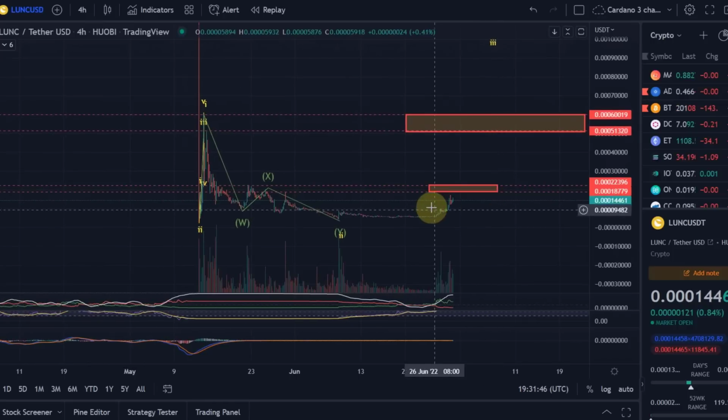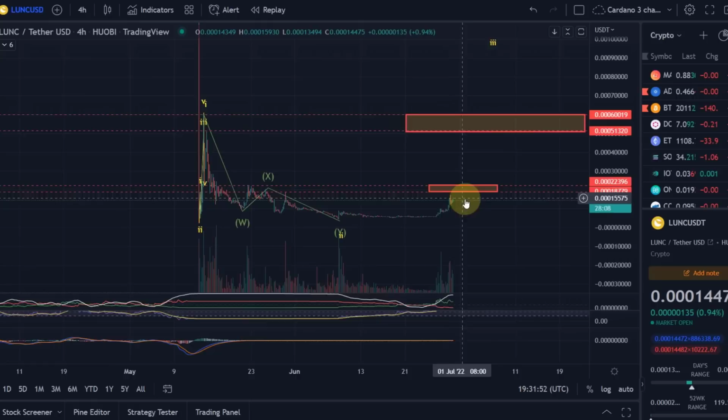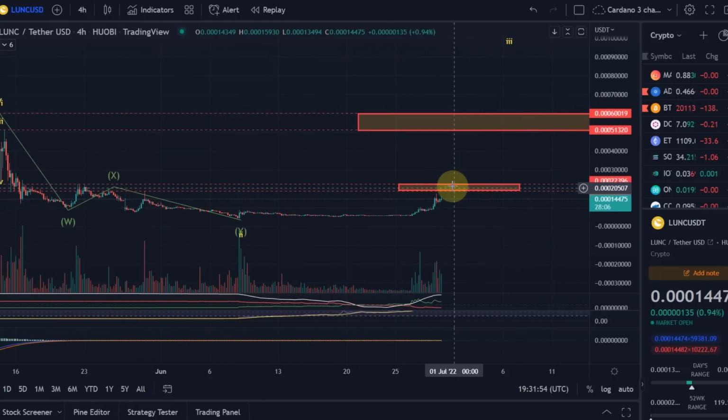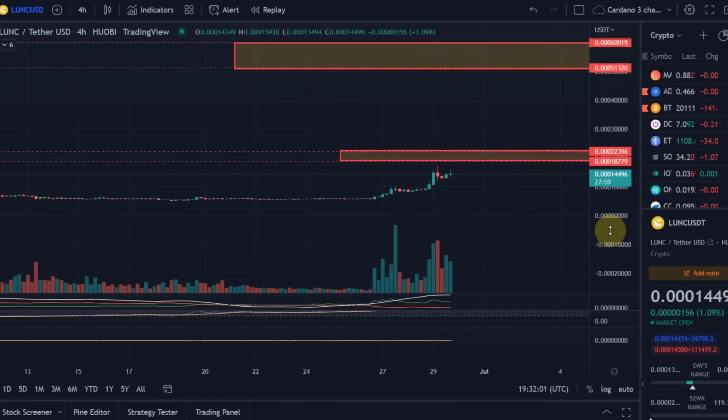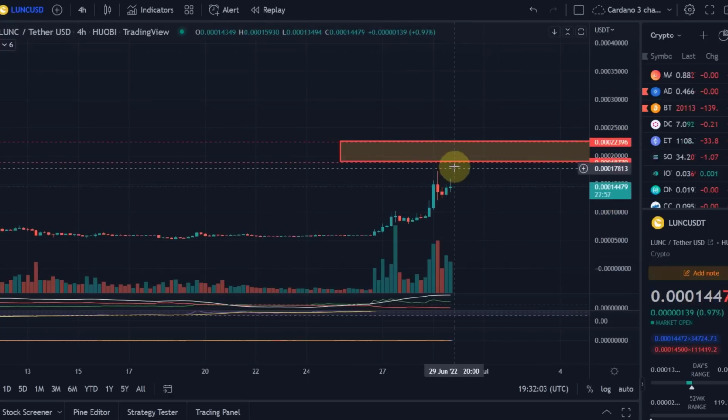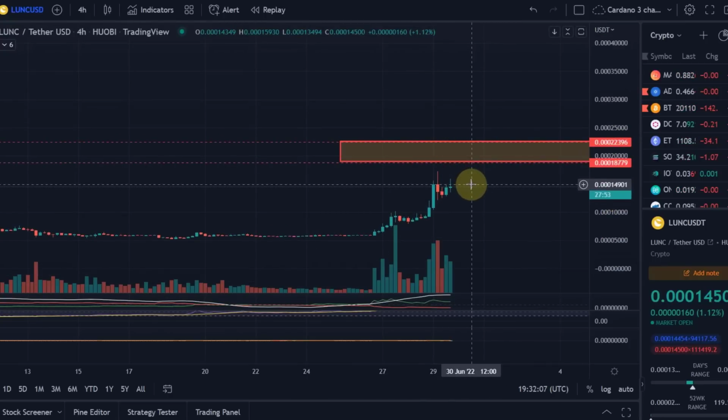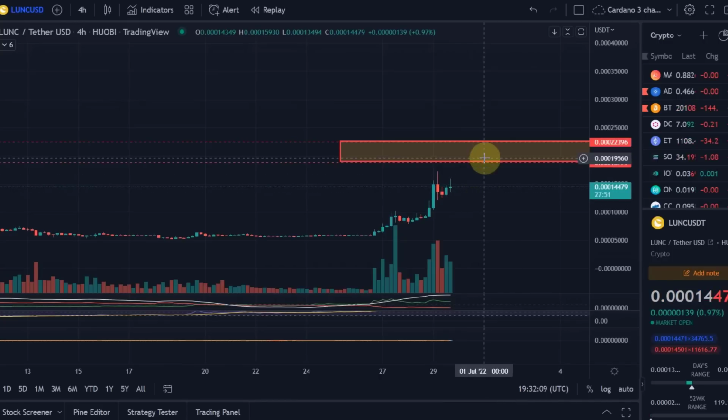I personally would not buy, if I'm not involved in Luna Classic at all, yeah. But if I wanted to trade it, I would not trade this long now. I would wait for this breakout above this resistance line, yeah. Of course, you could speculate. It's just a trade setup idea, no financial advice. If you see we get rejected here at this resistance level, you can of course short this one. Yeah, if you're interested in this.